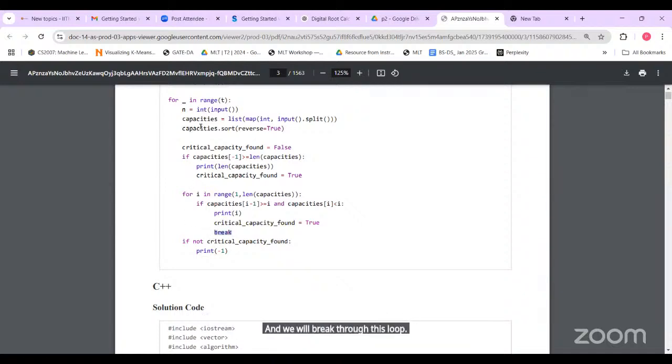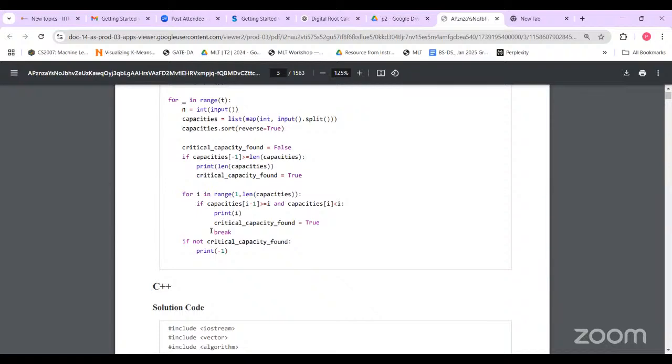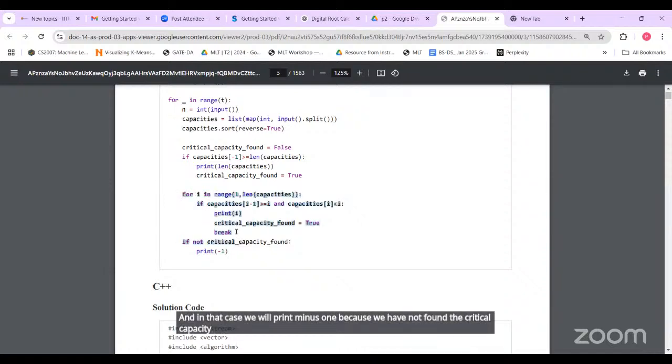And if both of the above cases don't happen, that is the if condition and the for loop, then the critical capacity would have the value false. And in that case, we'll print -1 because we have not found the critical capacity. Now, if you want to understand more how this logic inside the for loop is working,